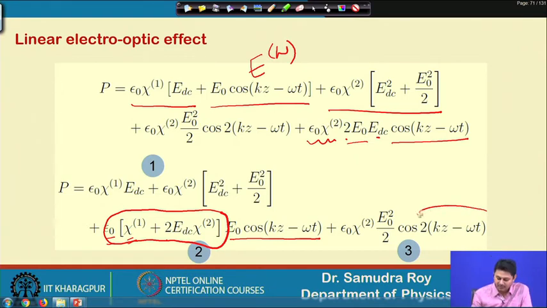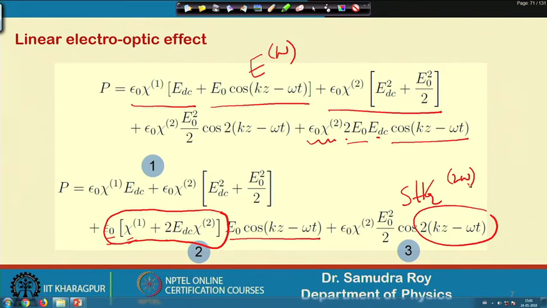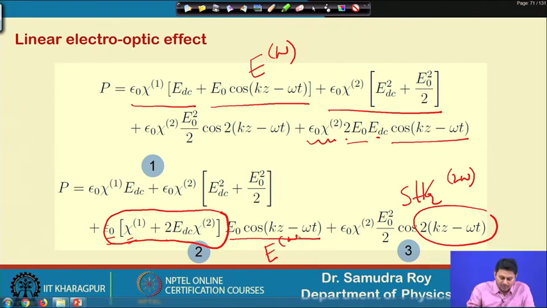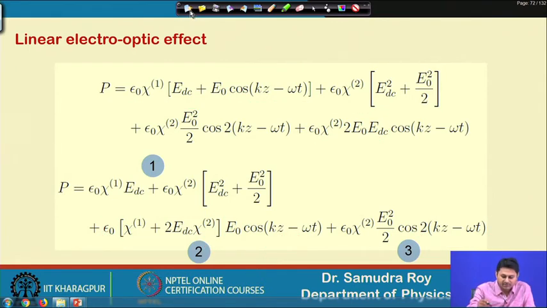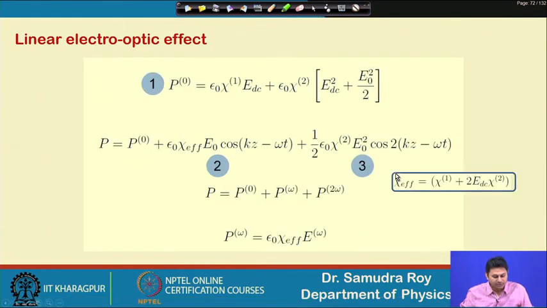Finally, we have a term which was already there in the previous case, which is basically the second harmonic generation term having the frequency component 2 omega. That term was already there in the previous case, and for the linear electro-optic effect, when we launch the DC electric field from outside, this term is also there. So, when we have these 3 terms, the first term is the modified optical rectification. Term 2 is also modified because of the electric field, and it is related to the fundamental field E omega, and the next term is second harmonic generation.